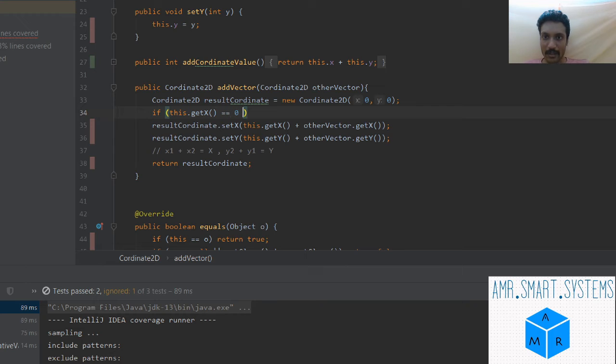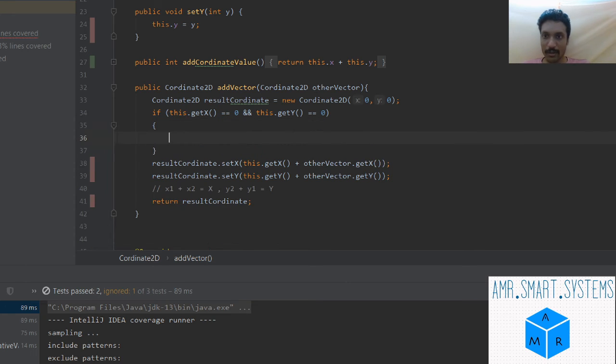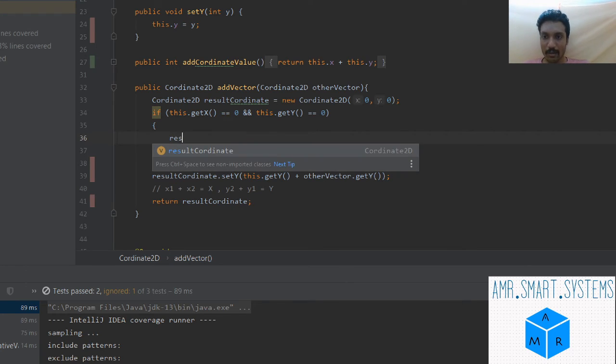If this dot get x is equal to 0 and this dot get y equals 0, we'll add a case that this is not a valid value and make the resultant 0.